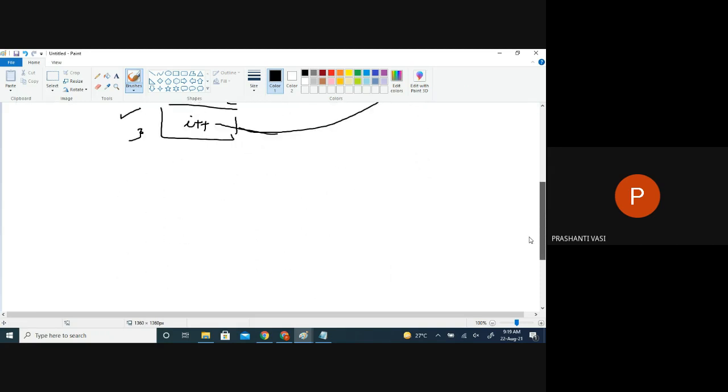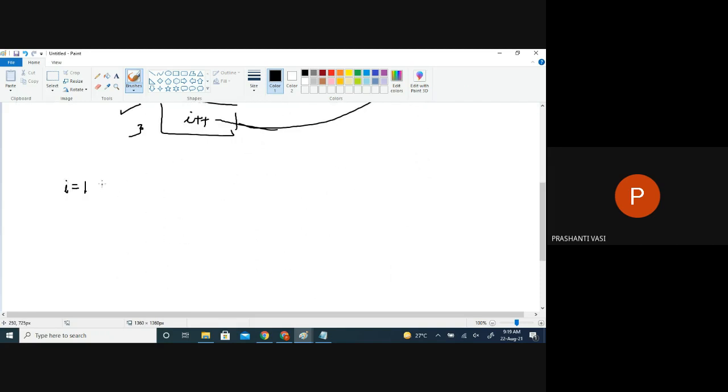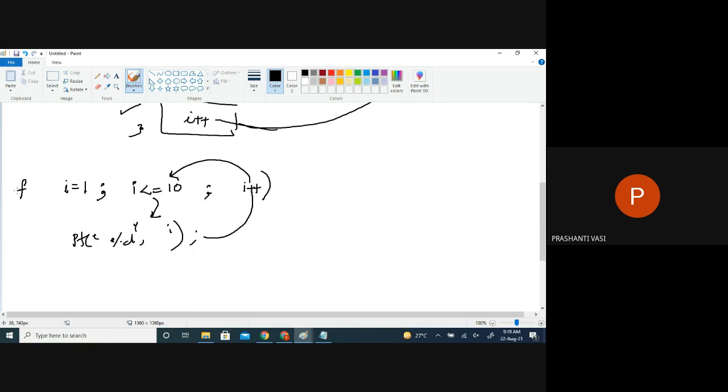So the concept here is that the beginning value is done once and then the condition is checked. If it is true, we enter into the statements. This is the flow of execution. After executing this, we go to the next expression, and after that we come back to the condition. When you write a for loop, this first sentence is executed only once in the beginning. Once i is initialized to 1, the second thing is we go to the second expression.